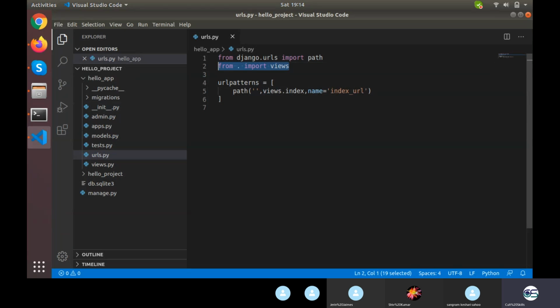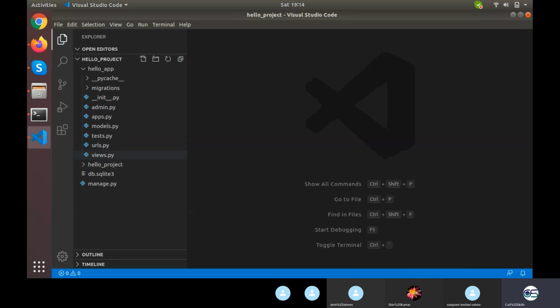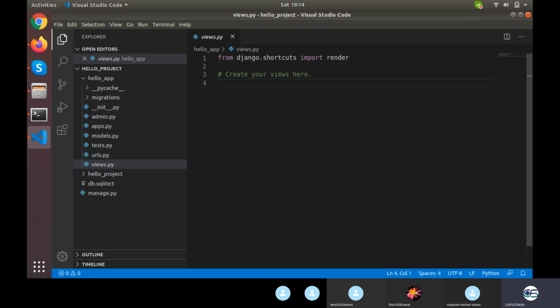When you do it four or five times on your own, you will be very comfortable with this. It will become your routine part with Django. So now let's close that. Now the problem is that there is no index function right here, so let's create one. So I write def index, which is the syntax for creating a function in Python, then brackets, request, colon. Request is a parameter, index is the name of the function, def is a keyword which says this is a function, and the colon is there because it is a block.